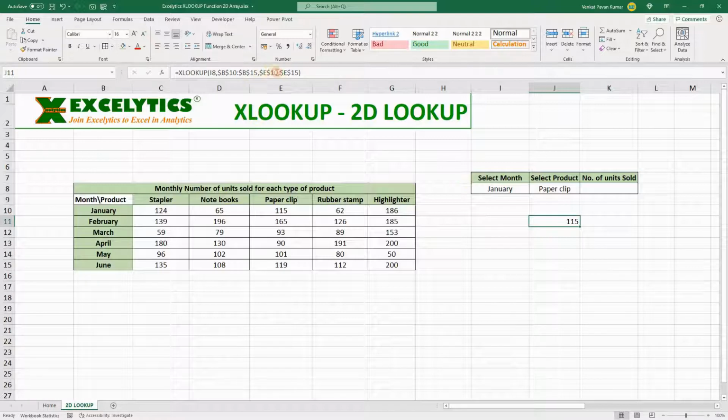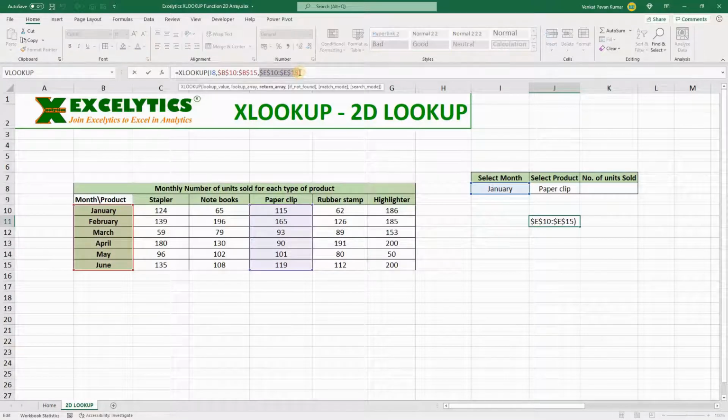So here the range which I have given for the result should be dynamic. Instead of paperclip, if I want to see notebooks, this should get updated automatically. So for the return array argument, we are going to write another XLOOKUP here.